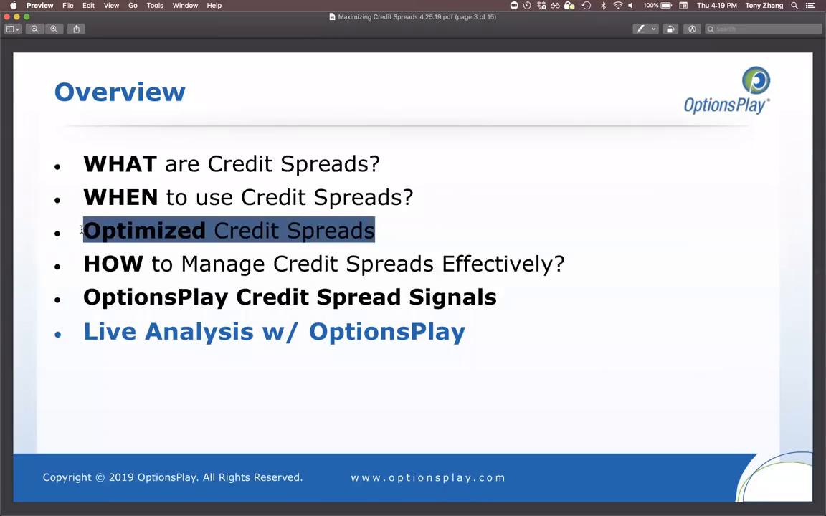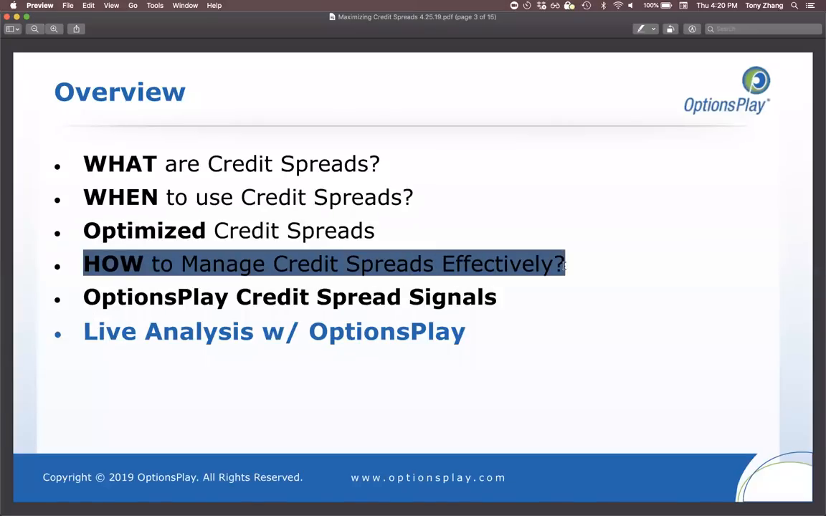So we went through optimization of credit spreads, all different types of expirations and strike prices, and what we've discovered is a pretty clear indication as to what is the optimal credit spread. And then lastly, how do you actually manage those trades effectively? We've tried all different types of take profit, cut loss strategies, and we wanted to share with you our data